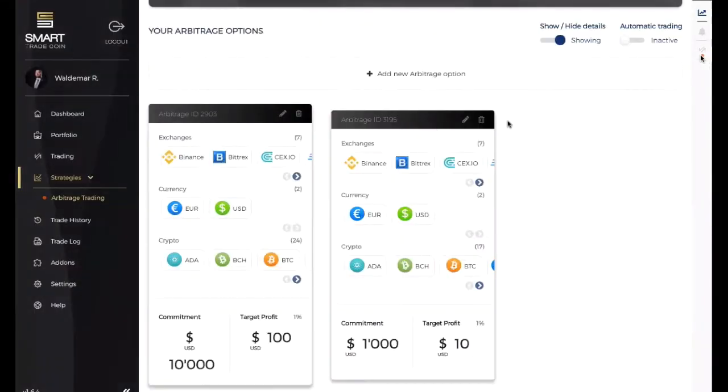Where can we check that it scans? To do this, go here to Trade Log and here you see immediately what the program scans. She first checks all the exchanges, whether they are available or not. Then she starts to backdate and scans the entire market, and now when she began to scan, you see that messages appear